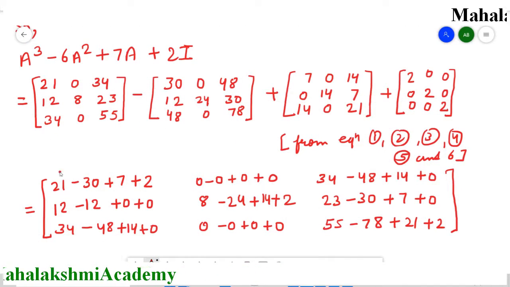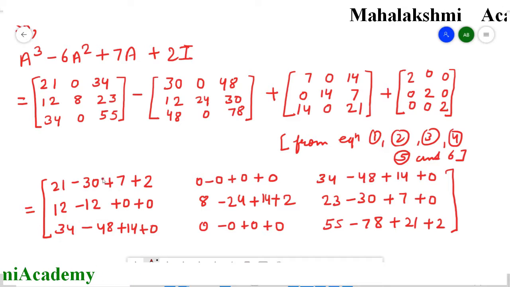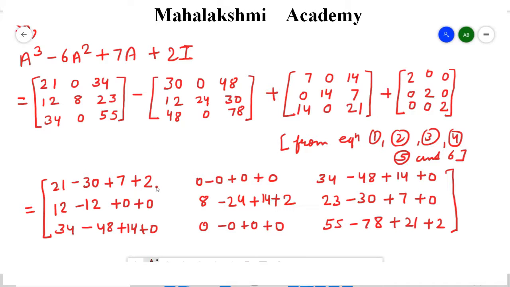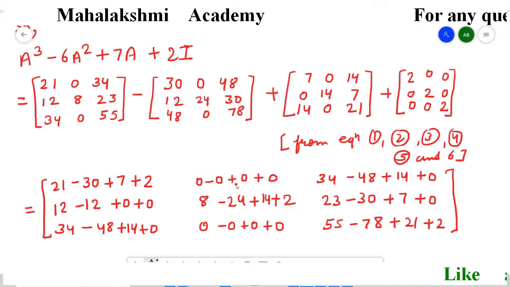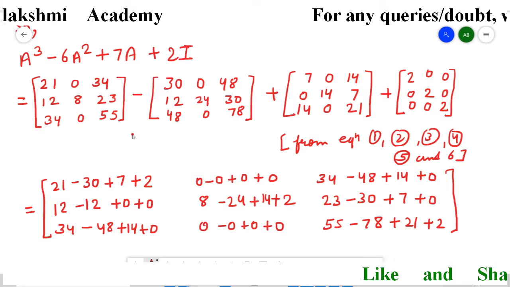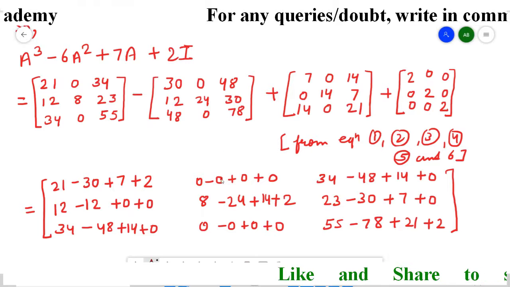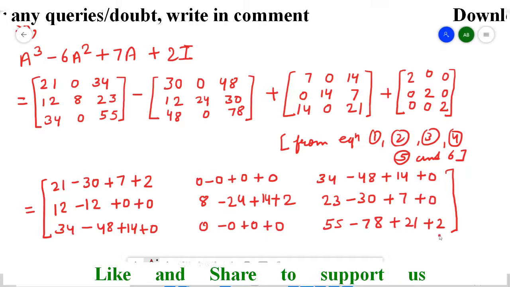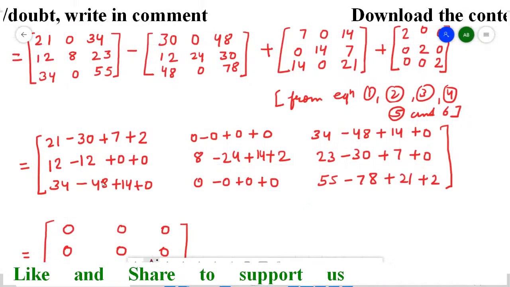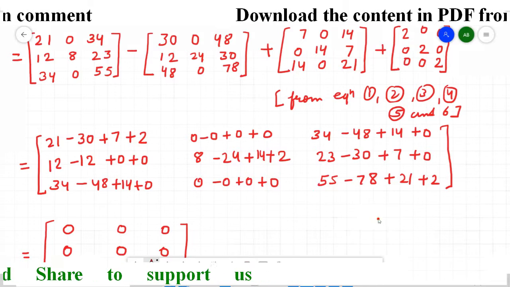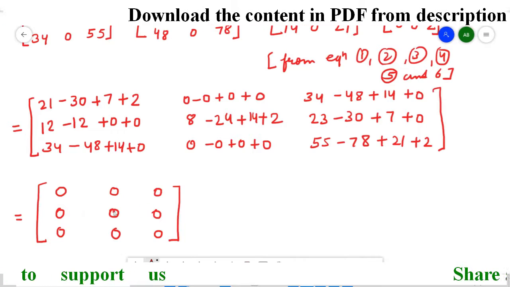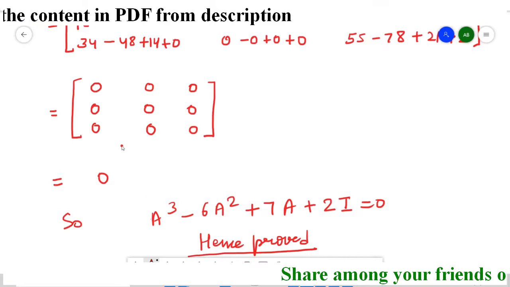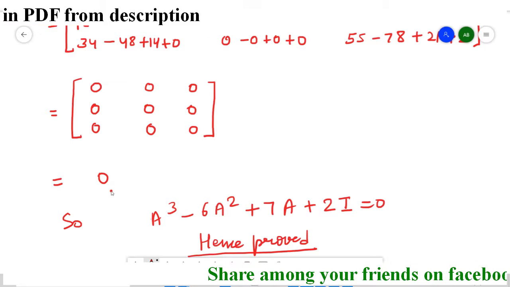From here 21, because minus sign is here, so the 30 is going to be negative here. This is plus, so plus 7, and from here plus 2. So like this is going to be the first term. Now here this is the second term, so from here 0, then minus 0, and here also 0, and here also 0. So like this corresponding elements with proper sign, be careful, just write and then add and subtract, and after addition and subtraction whatever be the result you will get like this. So it's a 0 matrix, so conclusion is it's a 0. It's a 0 matrix of any order, but conclusion is only 0.